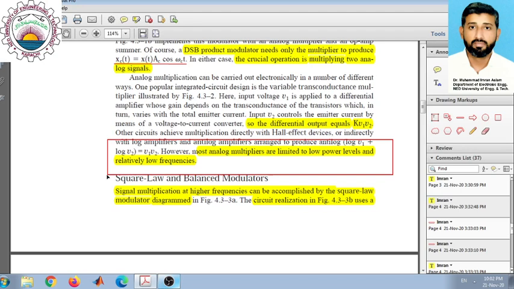So they are generally low level modulators, used in applications where the power levels are relatively low. In case we need amplifiers at higher power levels or higher frequencies, these variable transconductance and log and anti-log amplifiers become saturated and do not provide the desired response. So for those purposes we need to use different